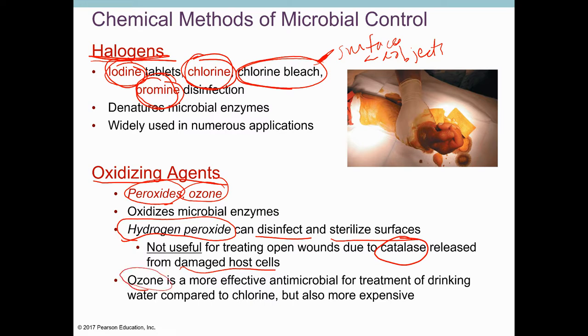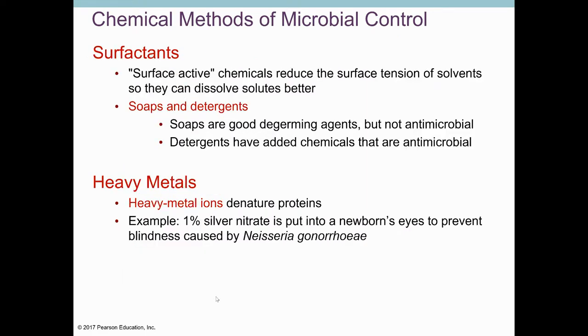Ozone is actually a version of oxygen that's effective for treating drinking water, but it's expensive. So most cities will tend to use chlorine. They'll put chlorine in the drinking water at low levels. Of course, concentration is important, but at low levels, they put chlorine in the water. But ozone actually would be more effective. It's just more expensive. Surfactant